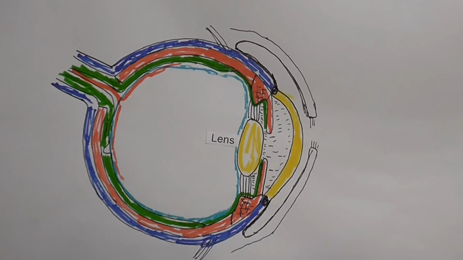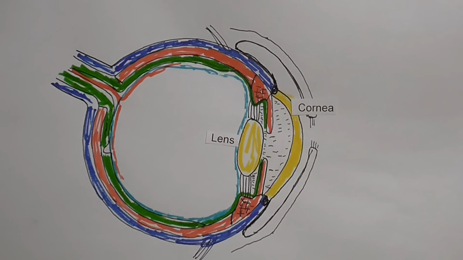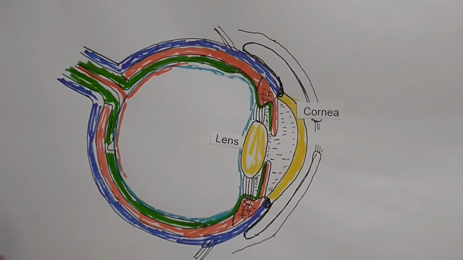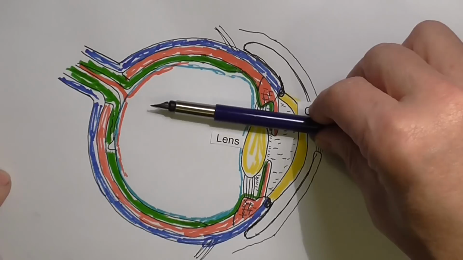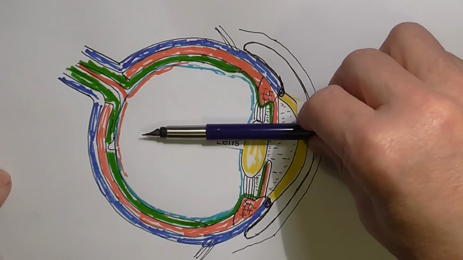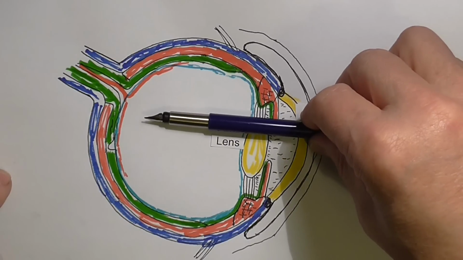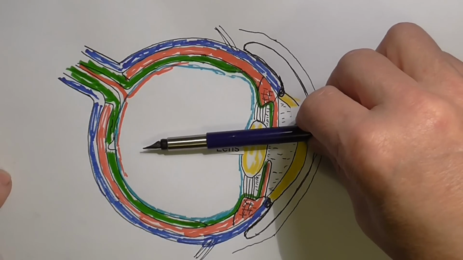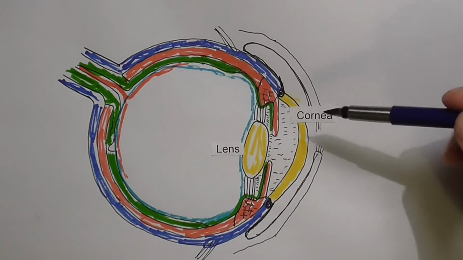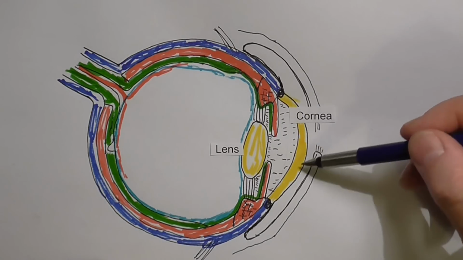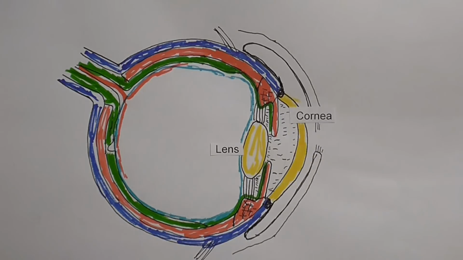Now actually 75% of the refraction of the light rays that go into the eye is achieved by the cornea. What we mean by refraction is that the light rays will come in, but then they need to be bent through a particular angle to focus them on the retina. And that angle through which the light rays are bent is the refraction. So about 75% of the refraction will take place in the cornea, the other 25% in the lens,